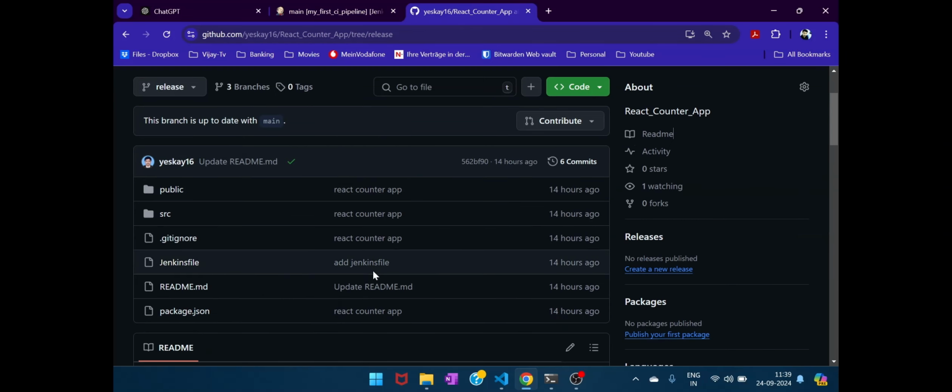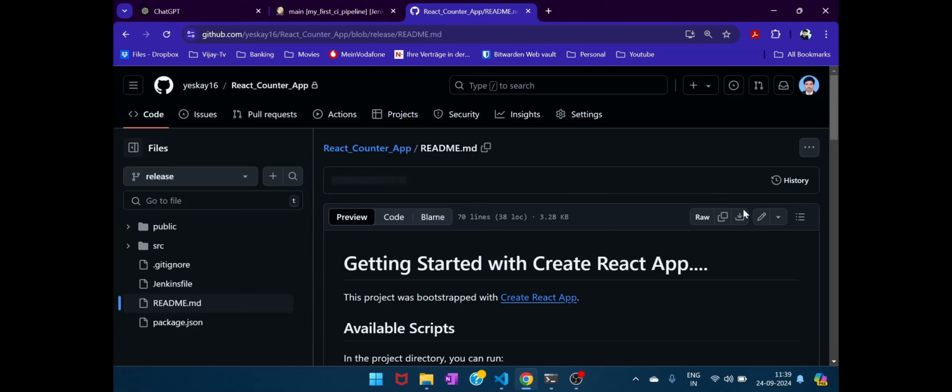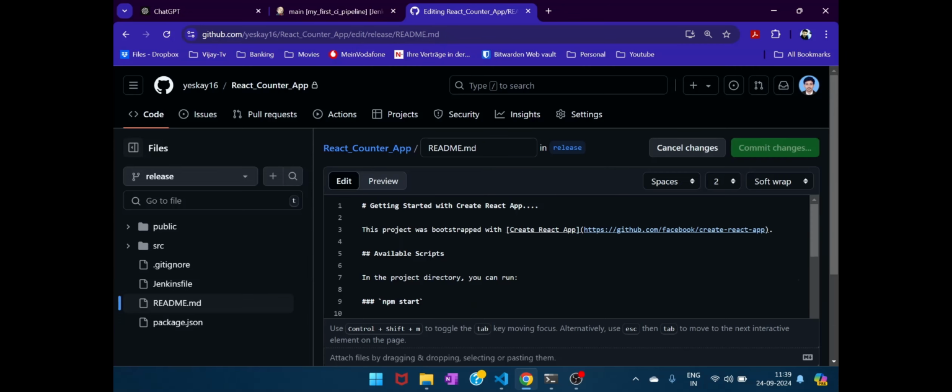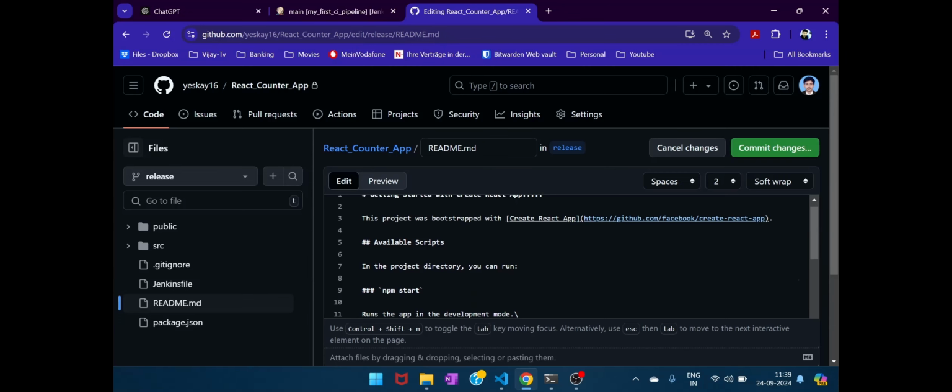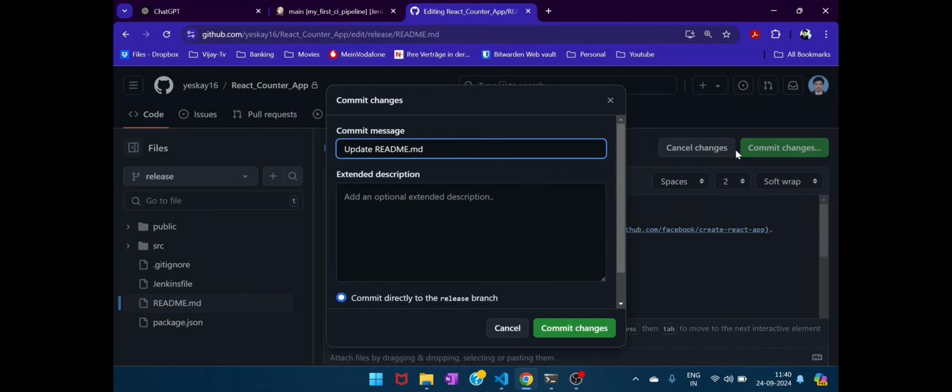do a code change, Jenkins should identify, okay, in this repository, this specific branch has a code change, then I need to trigger the pipeline. Let's see if it does. So let me pick up some file and edit a small piece of code on the UI, not the best practice, but just for demo purposes. I do a commit